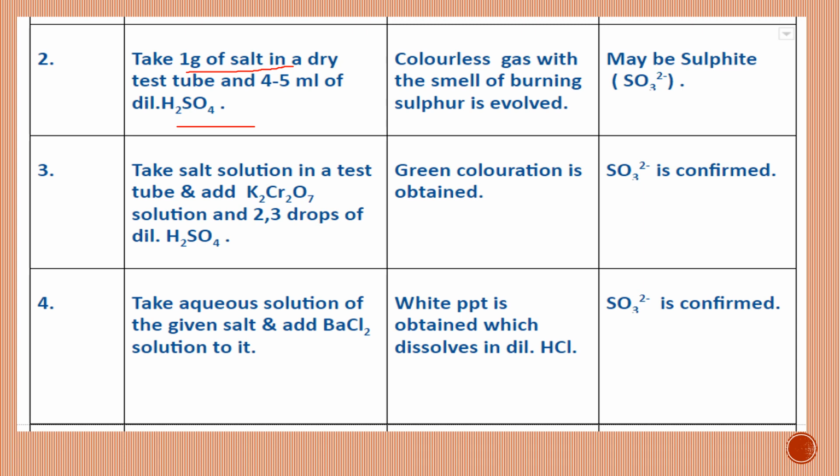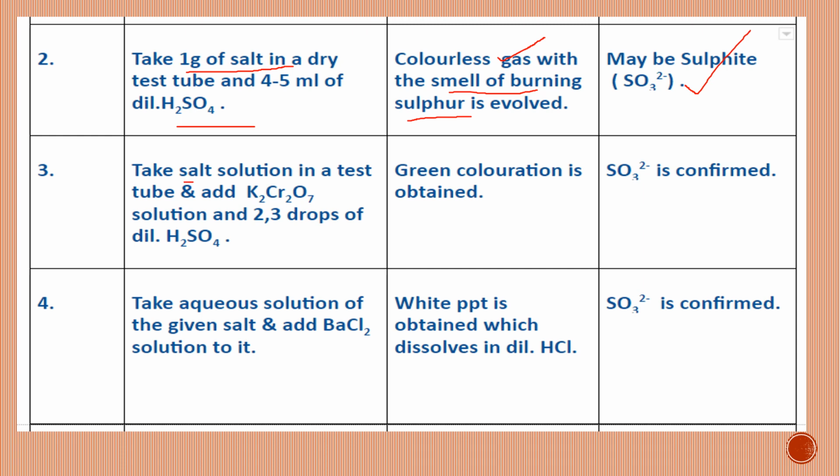Immediately you will see some bubbles if the test is coming out to be positive, which will definitely be positive in this case. So you will get a colorless gas, bubbles you can observe, and there will be a particular characteristic smell of burning sulfur, like the smell of an extinguished matchstick. So that shows it may be sulfite. So this is preliminary test. Then we'll start with the confirmatory test.